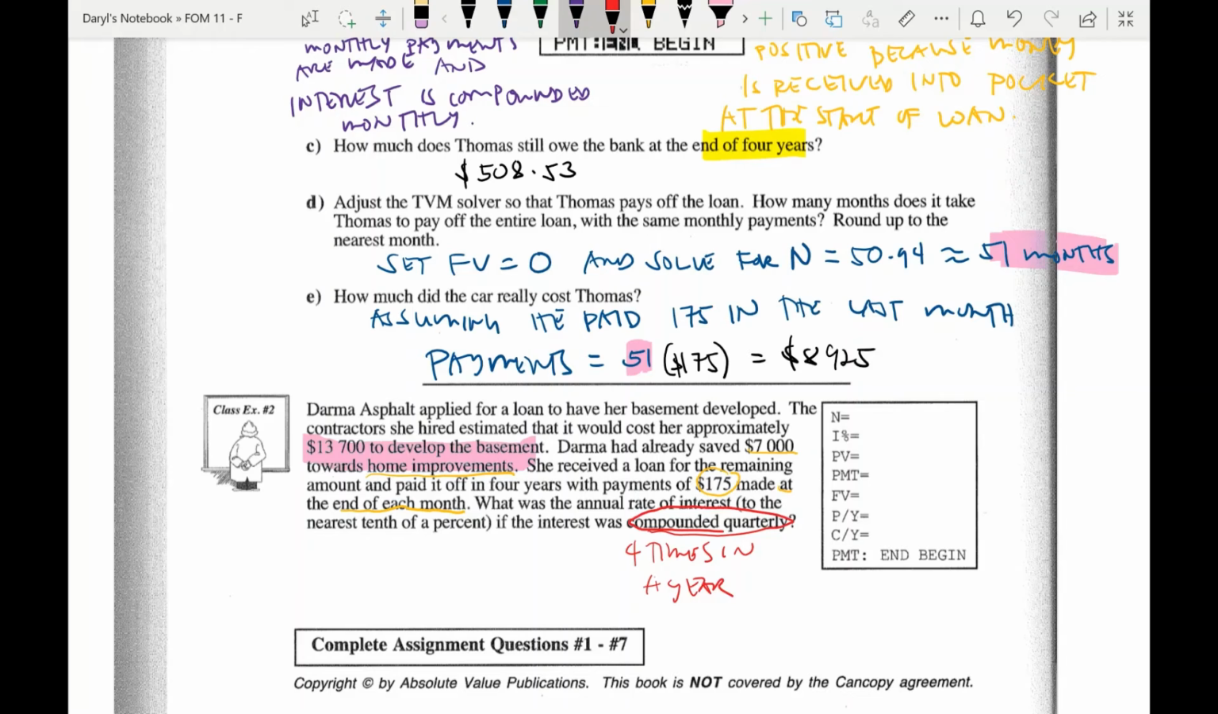Okay. So what you can do is, again, we use a TVM calculator, and you have this particular window that you can see in that calculator. The key here is actually just knowing where to plug in the values that you need to input in your calculator. So let's say for N, well,